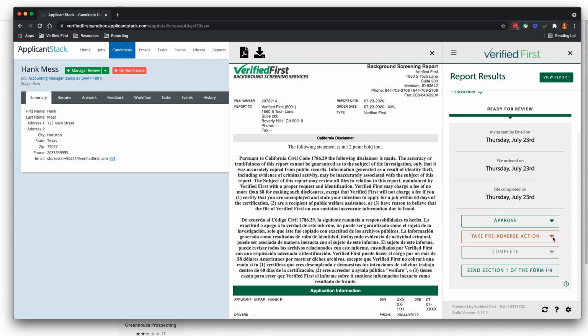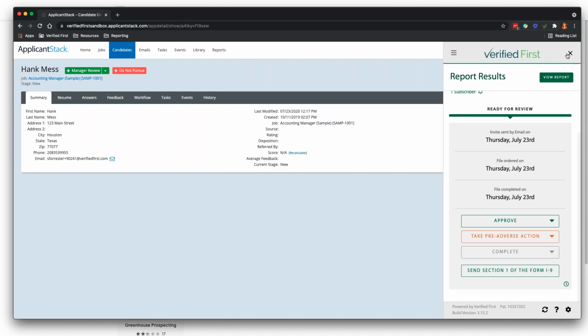And you also have the option to take pre-adverse action if there was something that came back on the report that won't be a good fit for your company. You have the ability to send that through Verified First via email notice for free, or also sending a print notice or mail notice as well, which has an additional cost associated with it. But it's all about keeping in compliance with those steps and informing your candidates where they're at on the process and giving them the opportunity to appeal any decisions or information that we may have found on the background screening report. So really as simple as that from the user standpoint to initiate and see the completed reports with